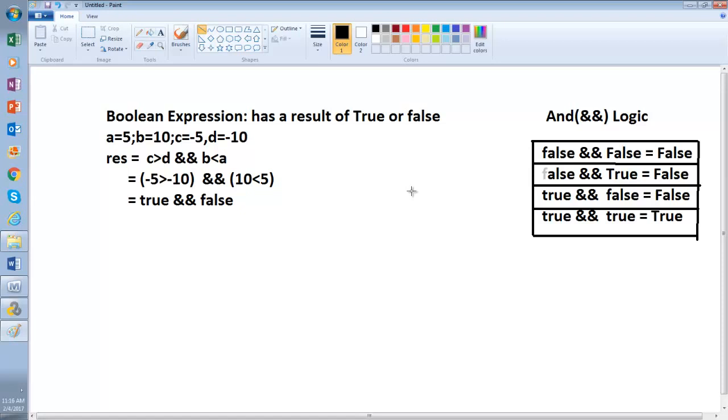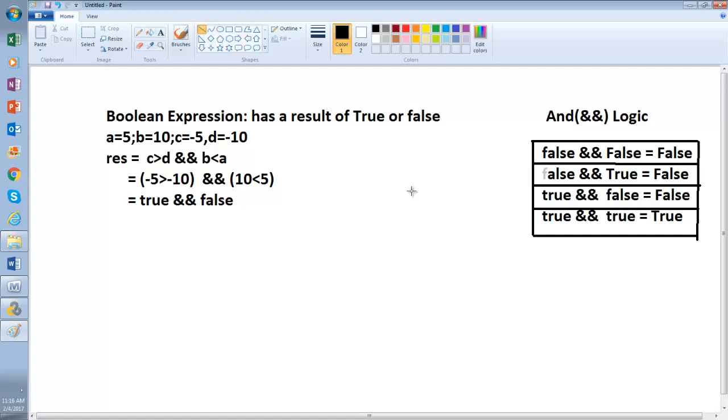The condition is, if both of the conditions are true, then you go outside. Then if you are not feeling good and it is not sunny as well, will you go outside? No. So think of it in that way, and logic works in that way. Both sides have to be true, then it will be true. Otherwise, if any of the statements is false, the result will be false. Clear?